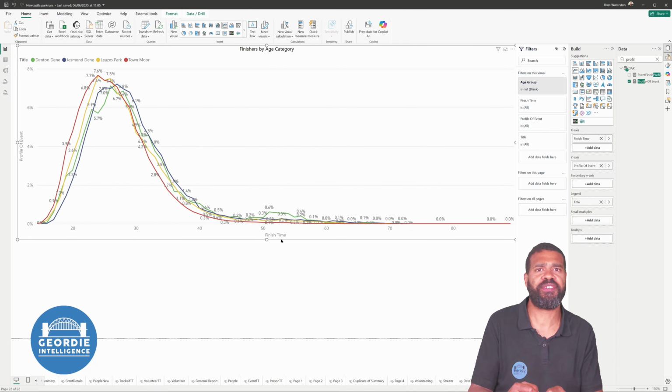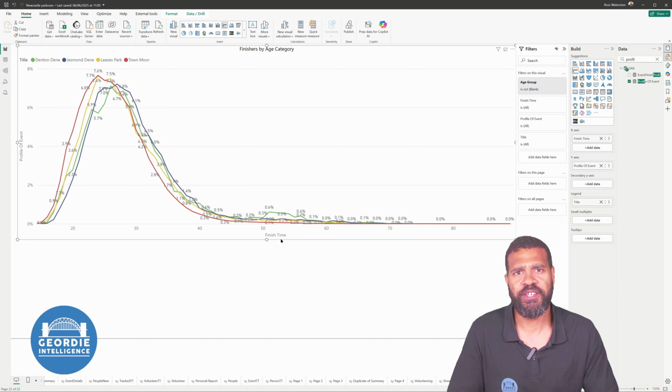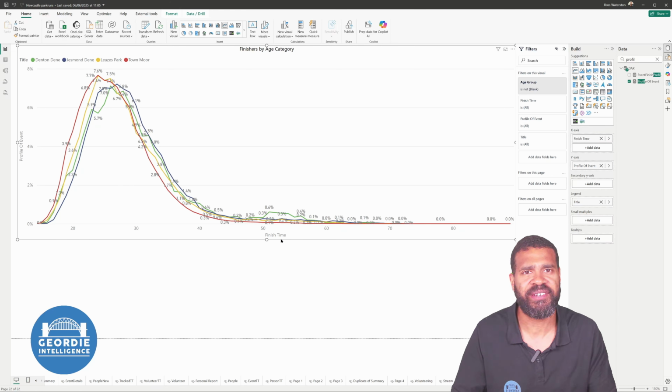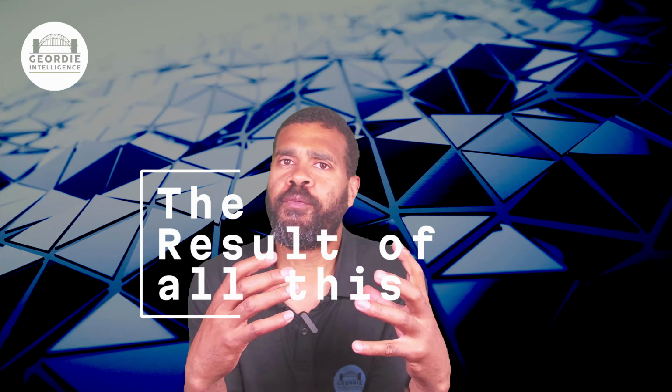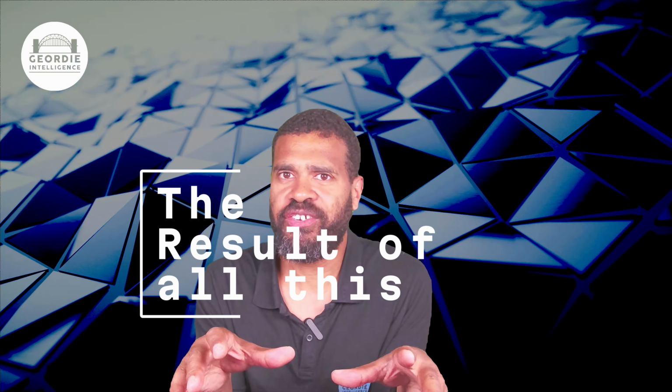You'd be able to use this any way across that you wanted to put in place and understand the profile of the event based on the finishes. So what I hope you're understanding is that the flow changes, okay? And this is one of those things that it's really difficult to express and to really get people to understand